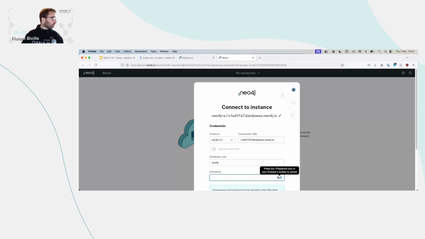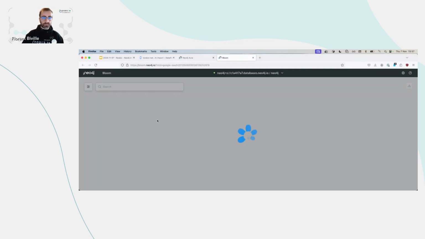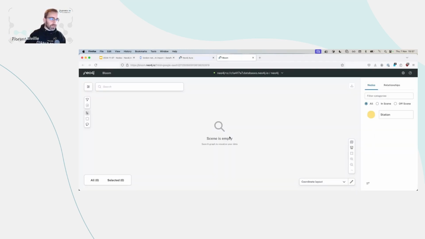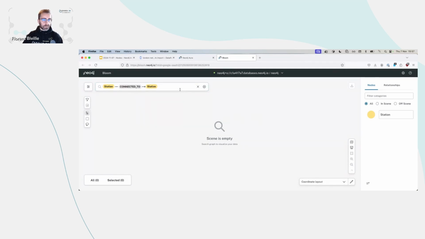But for now, I need to repeat the password, and we can explore a little bit. But I could stop there as well, right? Because my import is done, and it's an import talk. But let's prove it actually. So I have stations connected to stations, right? So stations connected to stations. That's good. So let's run this